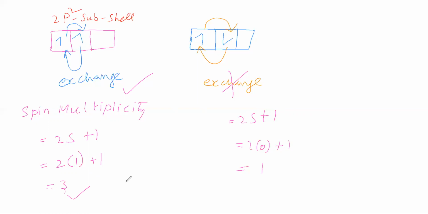Therefore, what is the name of Hund's rule? Hund's rule of maximum multiplicity. Why are we calling it Hund's rule of maximum multiplicity? Because for these degenerate orbitals, spin multiplicity is maximum. Therefore this Hund's rule we have to call maximum multiplicity. Okay, sir. As per Hund's rule of maximum multiplicity, in degenerate orbitals we have to fill electrons